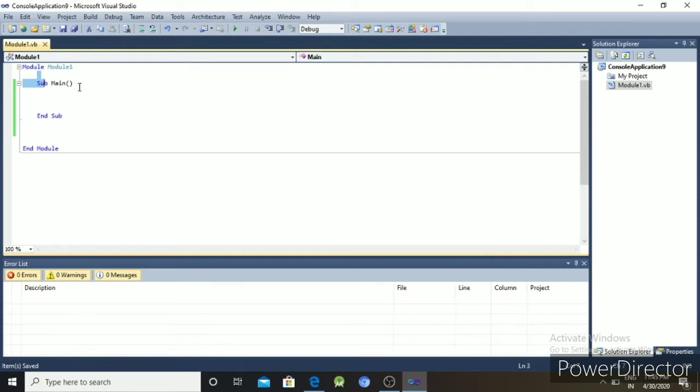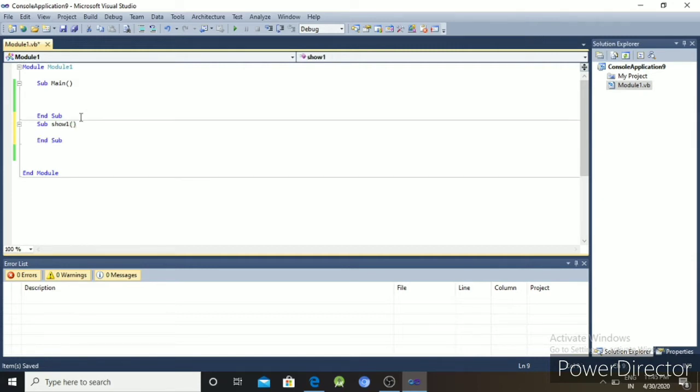First of all we have to create here Sub Show1. Then Dim x, y As Integer.